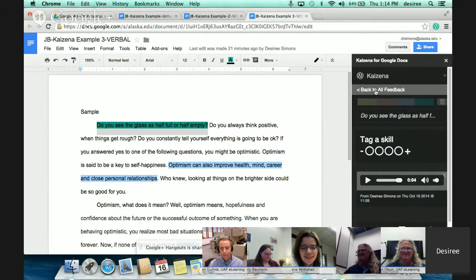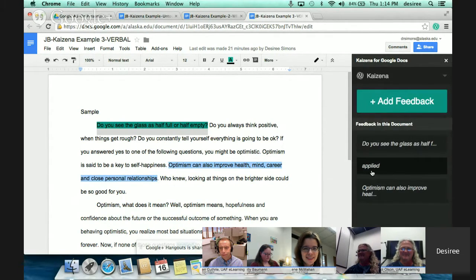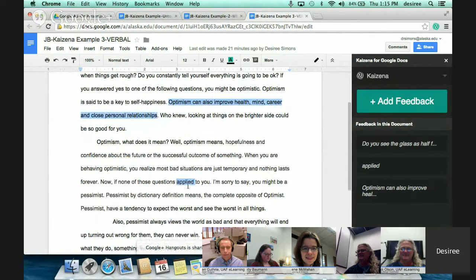So then when you go back, you have to use this button that says back to all feedback. So here's the word applied. So if you look down in the essay, you can see where I highlighted apply. And I'm having trouble with this student's use of tenses. So if you click on Applied,